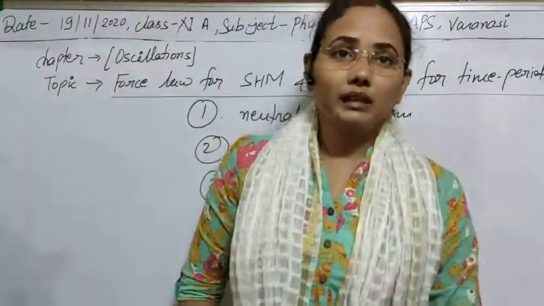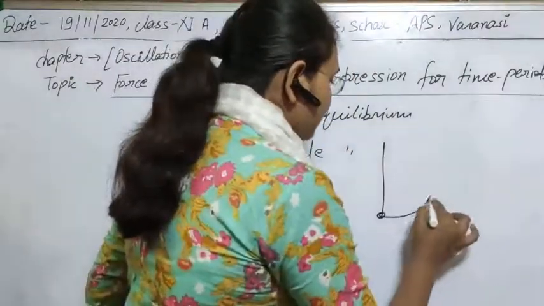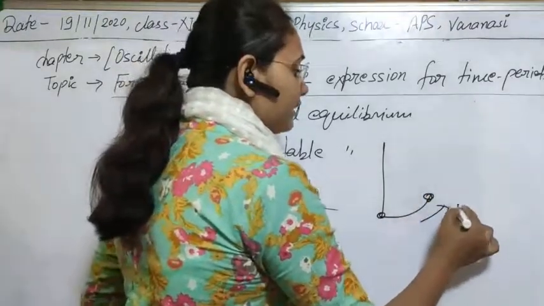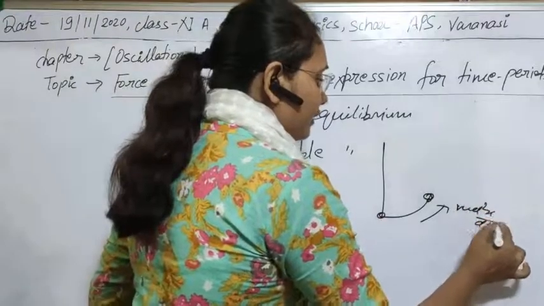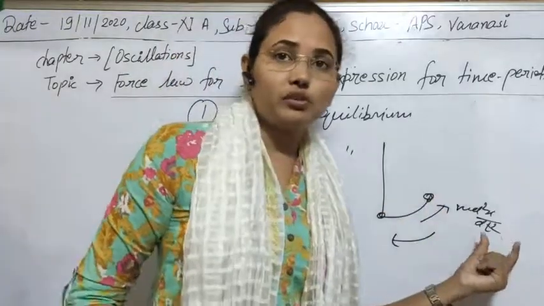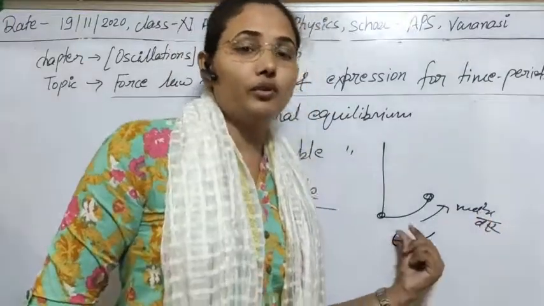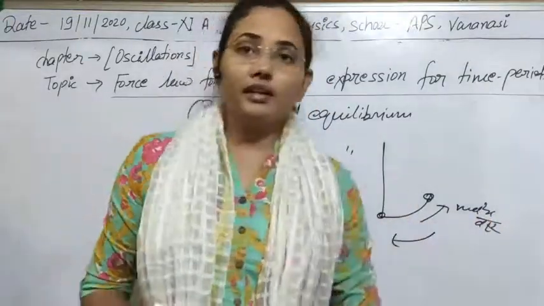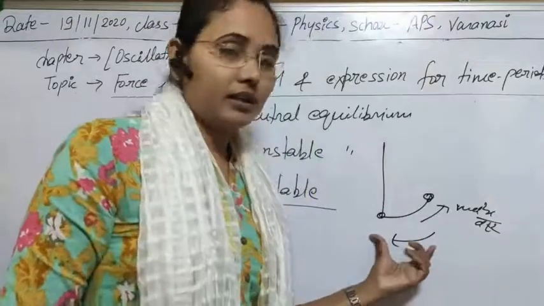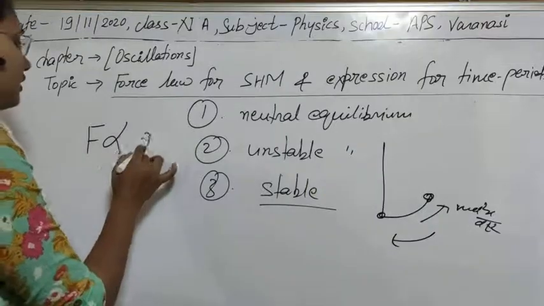As we have seen in the case of simple harmonic oscillations, when we displace a body from its equilibrium position, then after displacement, the displacing force acts in this direction and a restoring force acts in the opposite direction. That force is always proportional to the displacement of the body. Means the greater the displacement, the greater the restoring force in the system, and with the greater force it will try to restore its original condition. So this is the restoring force, and it is directly proportional to distance.